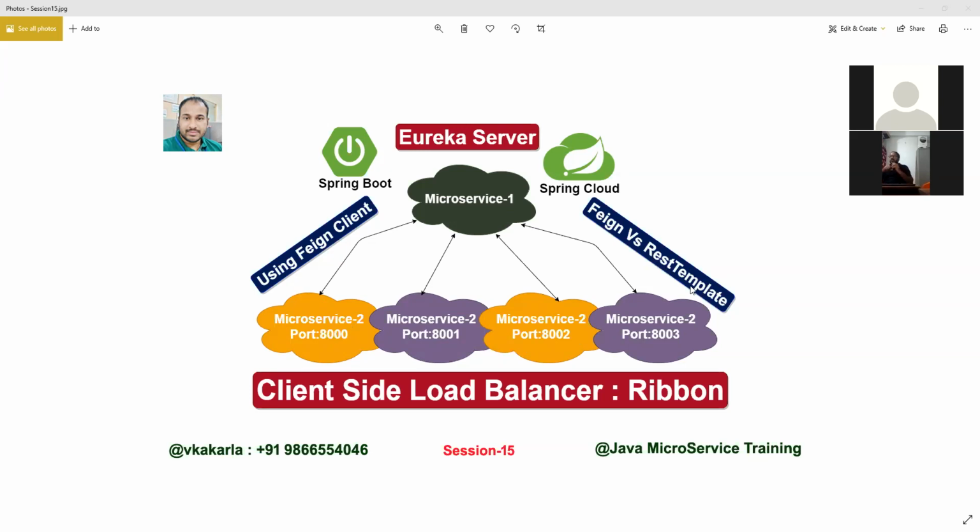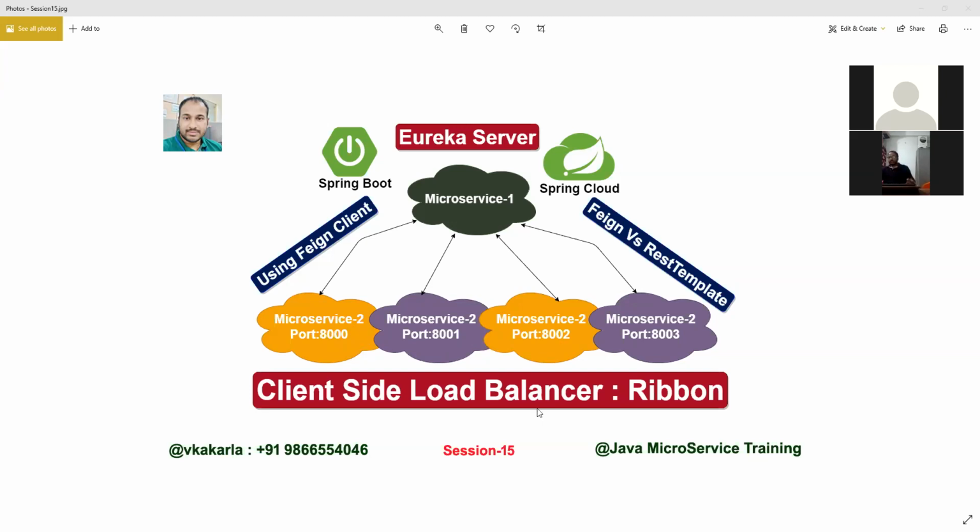Why? Because with REST template, we already configure the port number statically in our properties file, right? If you put 8001 and different port numbers, we don't know when it will take and when it will not take. So this is dynamic scale up and dynamic scale down, which means we can dynamically increase the instances of the services based on the load.